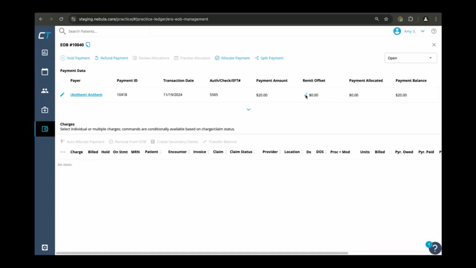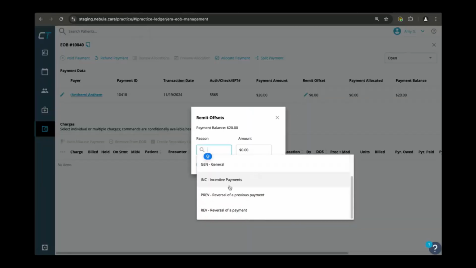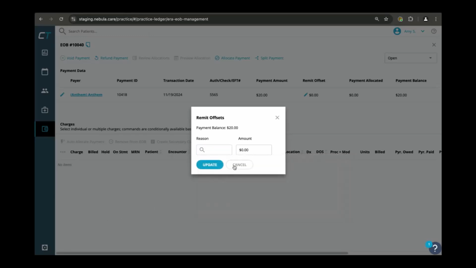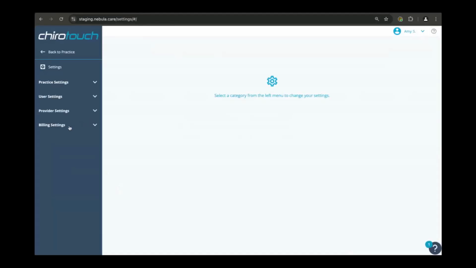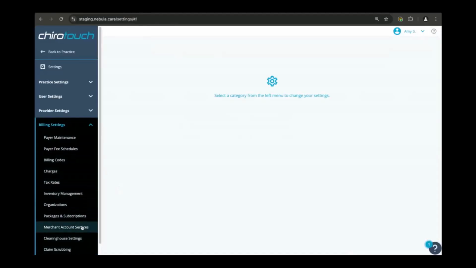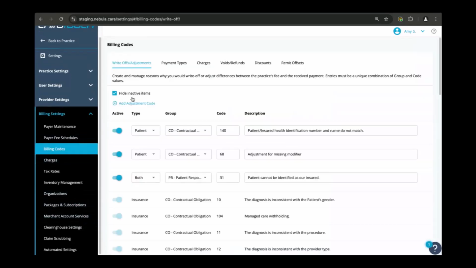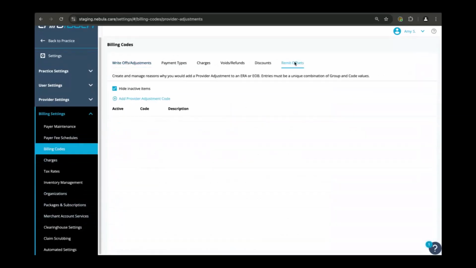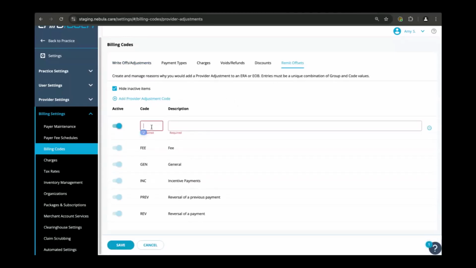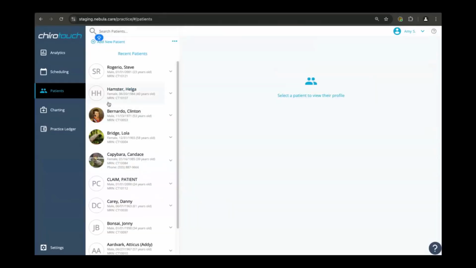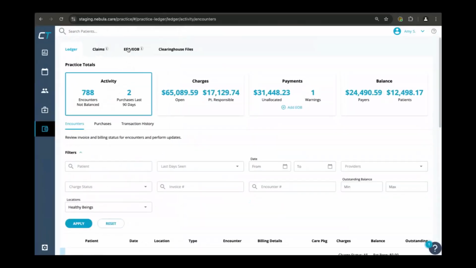Absolutely. So that's where your remit offset is going to come in. You can add codes for this. So in your settings, and again, this is a sneak peek coming soon, so it won't help you right now, but coming as soon as next month, you can add in billing codes, remit offsets, and you can say, I want to code it as interest, and I can say it's an interest offset. And then I can apply that to my remits, and I no longer need to go and add